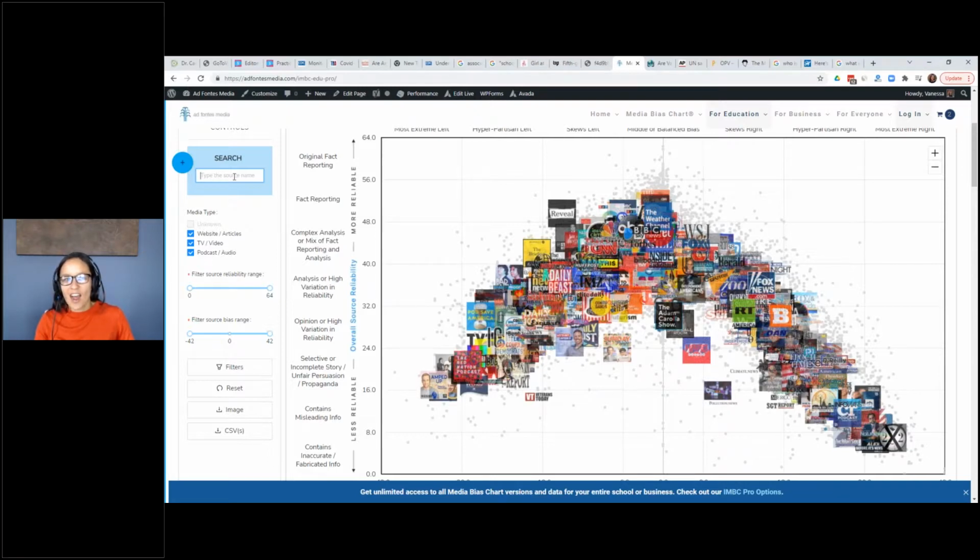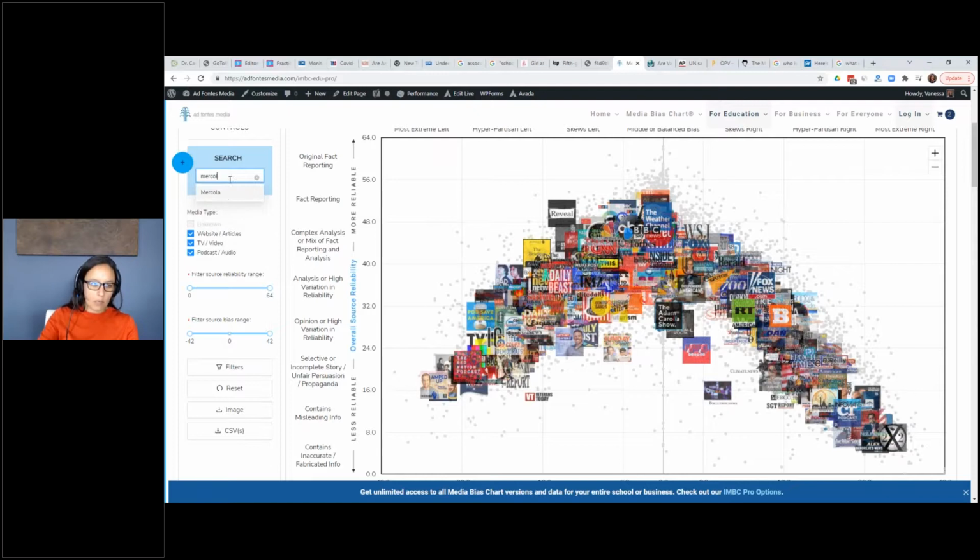We don't rate Wikipedia because it's an aggregator of information. That's more like another reference. We're rating news and news-like sources in this one. So we don't have Wikipedia on there, but if you're looking for things like one of the more common health misinformation sites,